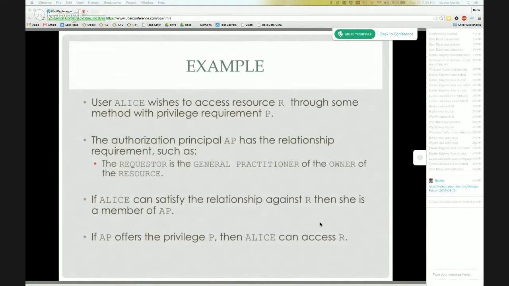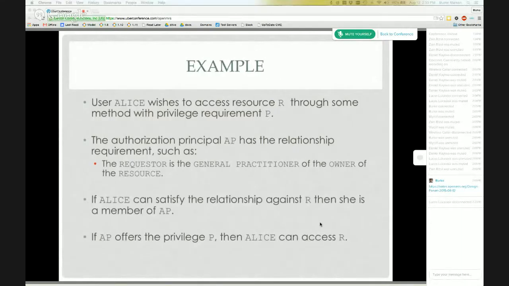So we have a relationship between three entities: the requester, the resource, and the owner of the resource. Alice would be a member of this authorization principle if and only if she can satisfy this relationship against the resource R. And if the authorization principle offers the correct privileges, meaning the privilege P in this case, then she would be allowed to access the resource.